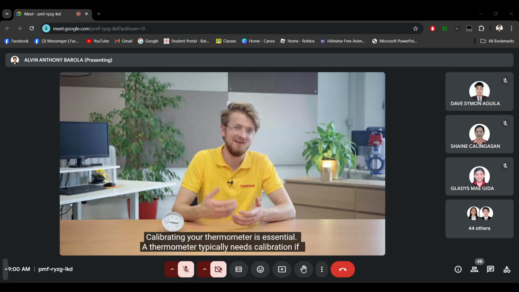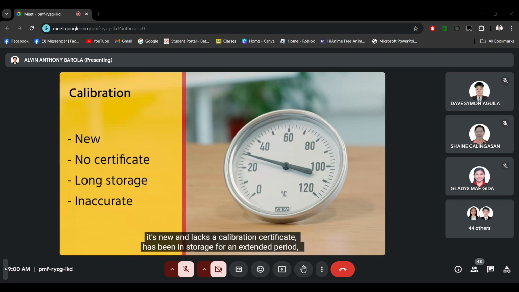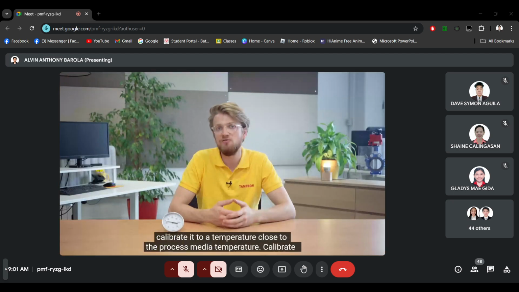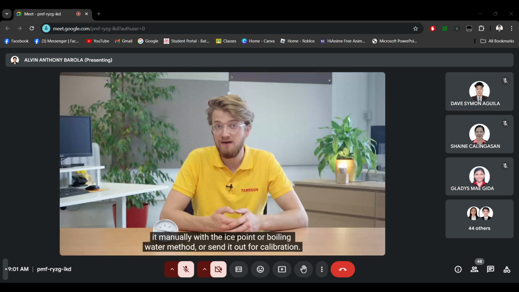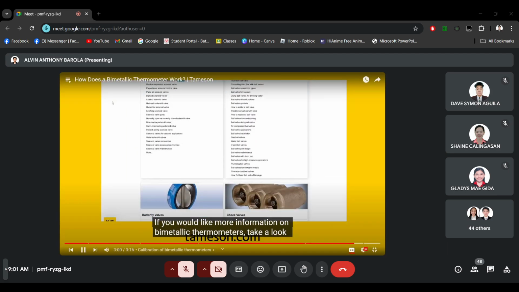Calibrating your thermometer is essential. A thermometer typically needs calibration if it's new and it lacks calibration certificate, has been in storage for an extended period, or if you suspect inaccurate readings due to handling or dropping it. Always calibrate to a temperature close to the process media temperature. Calibrate it manually with the ice point or boiling water method, or send it out for calibration. If you would like more information on bimetallic thermometers,